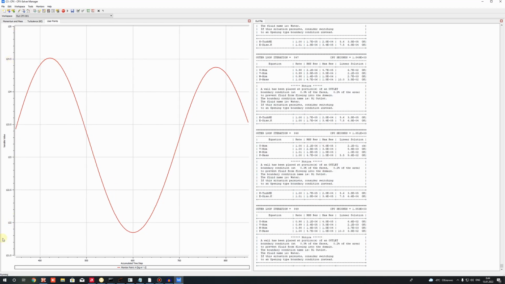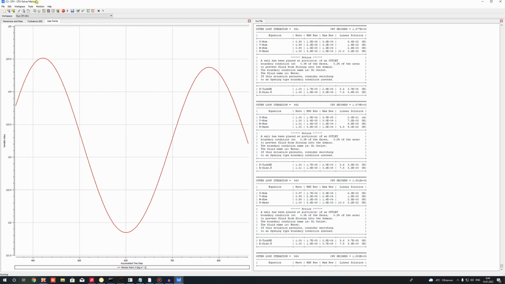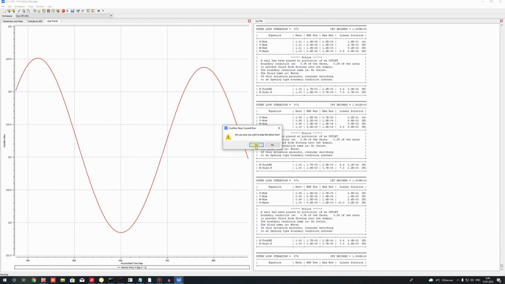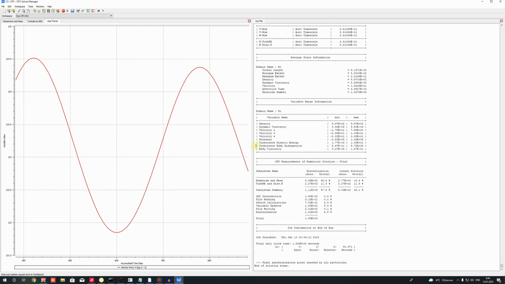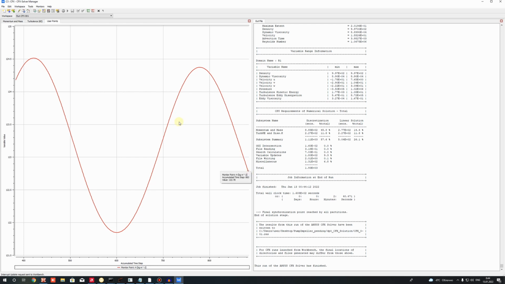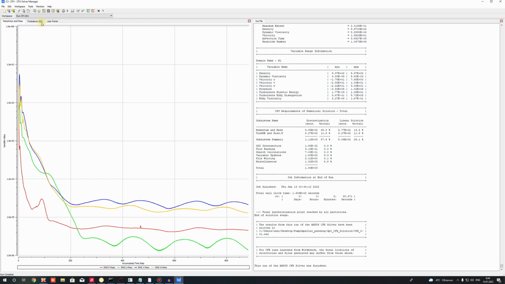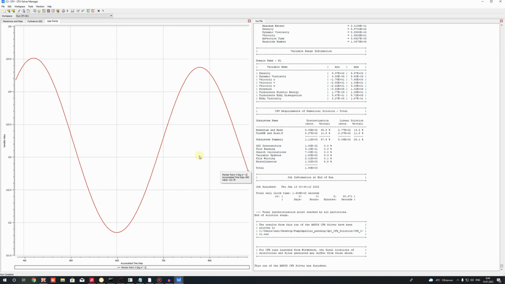It's not much. Let's just stop the simulation and use this value of head as the prediction of simulation. And also let's see how the flow looks in the pump impeller, and let's check